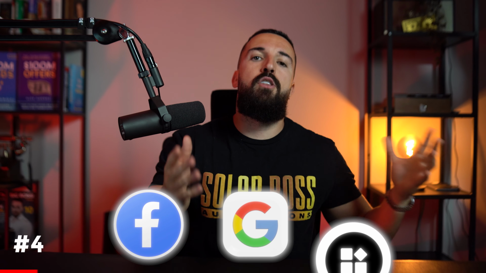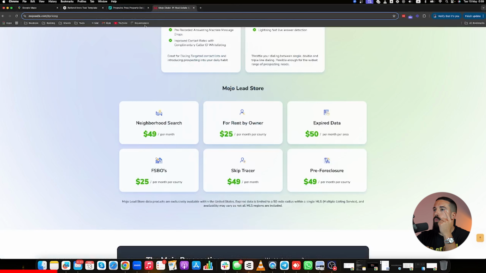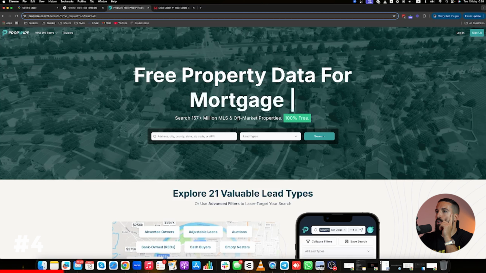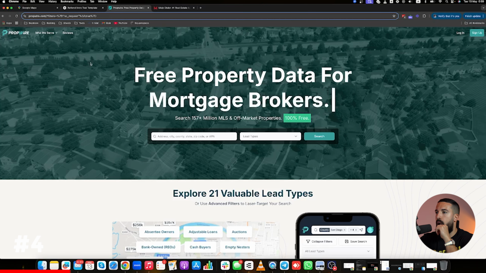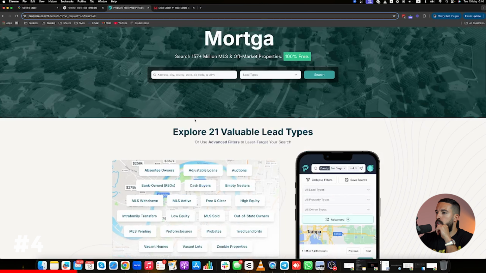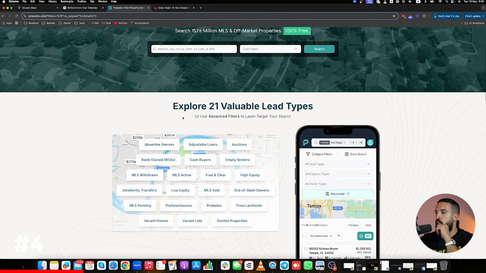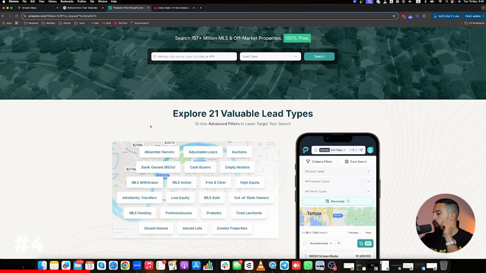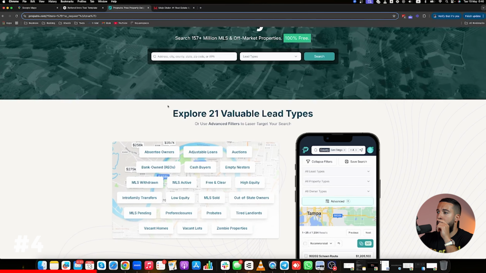So the last and fourth way of generating leads, again, that's going to come at a little bit of a cost, but not as much as running Facebook ads or Google ads or any other methods of advertising. It's super simple, but for that, we're going to have to jump back on a computer. All right, so what you're going to want to do is go to a website called propwire.com. Here, what you can do is extract homeowner leads based on your settings, and it's basically